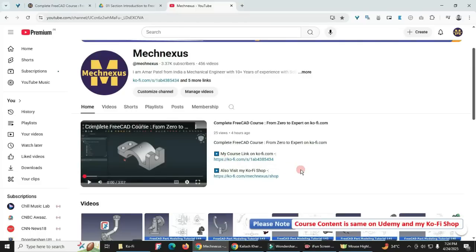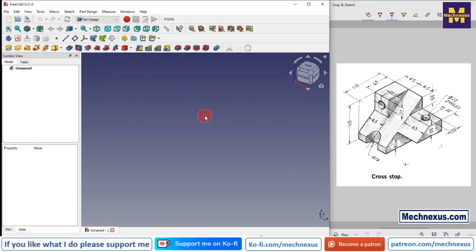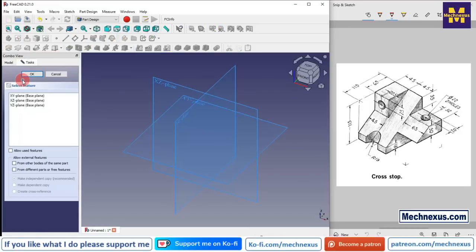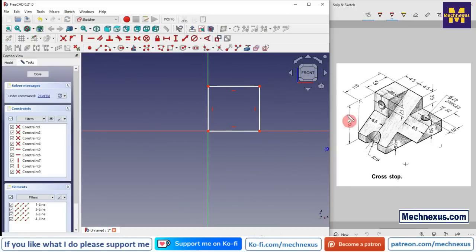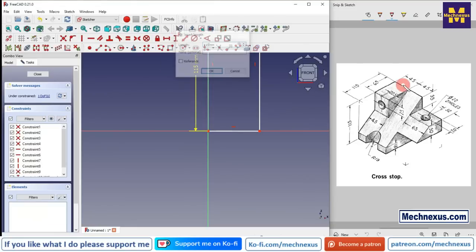So create a new file and create a body, create a sketch, and we will select this front plane, and we will create a 2-point rectangle simply, and total height is 115. So we will select this line and add the vertical dimension of 115,